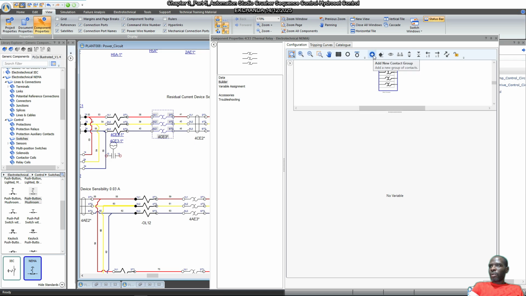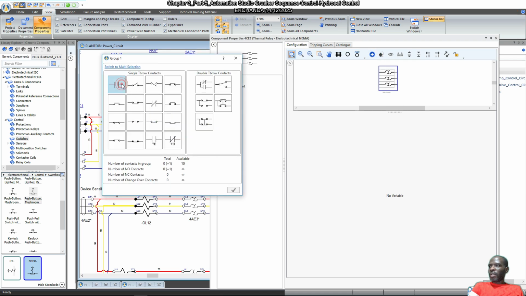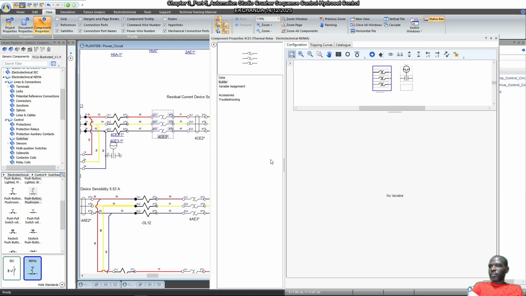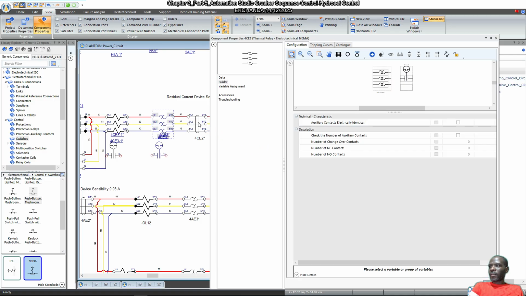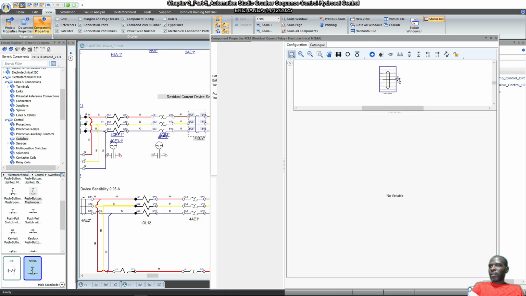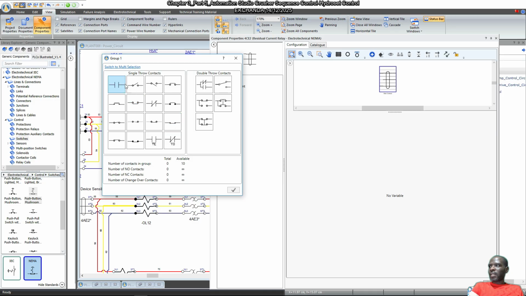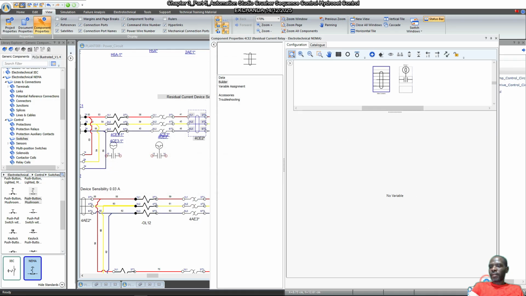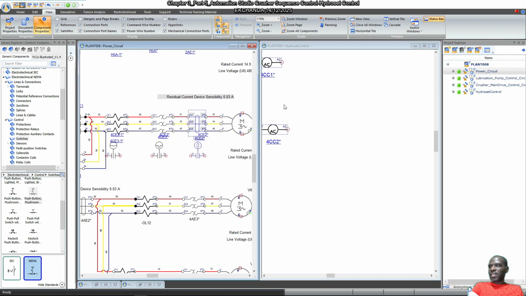We're going to create a group which is normally open, and then of course for the residue protection or residue current device, we're going to create a group which is another normally open contact. Okay. So when this is done, we need only drag these onto the Hydroset diagram,